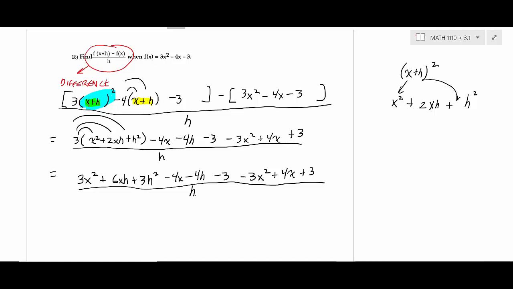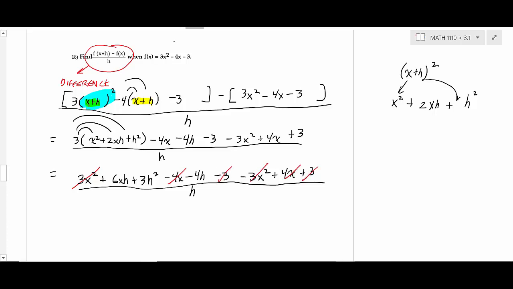we want to get you comfortable with that. It's a good algebra problem. You learn a lot more about that in a calculus class. That has a real important meaning in there. All right, let's find all the things that cancel, because there's a bunch of them. So you'll notice that the 3x squareds are going to cancel, the 4x's are going to cancel, and the 3's